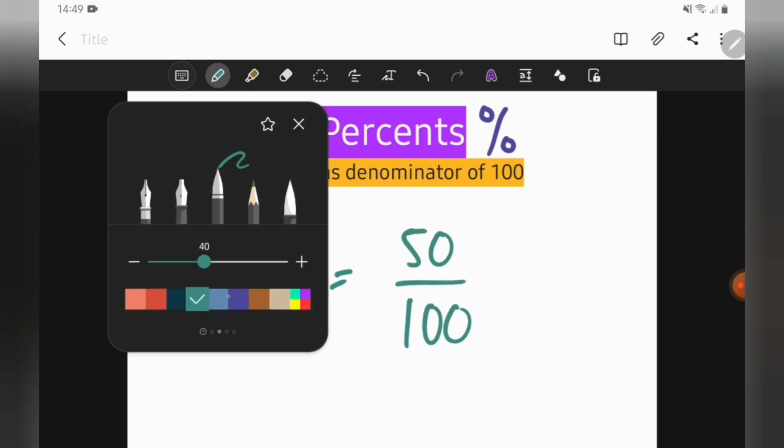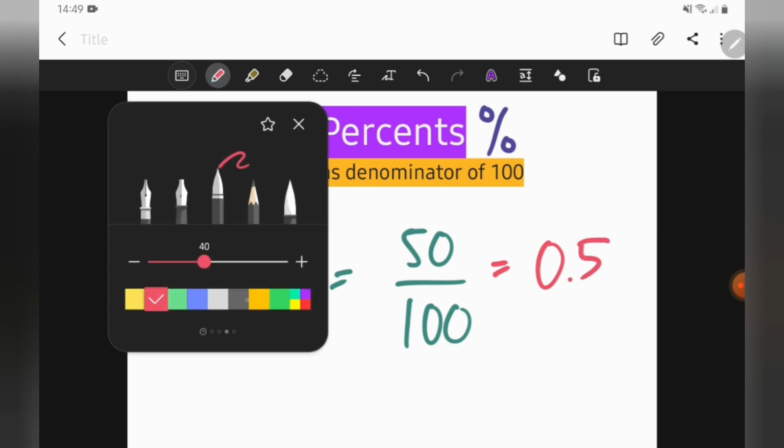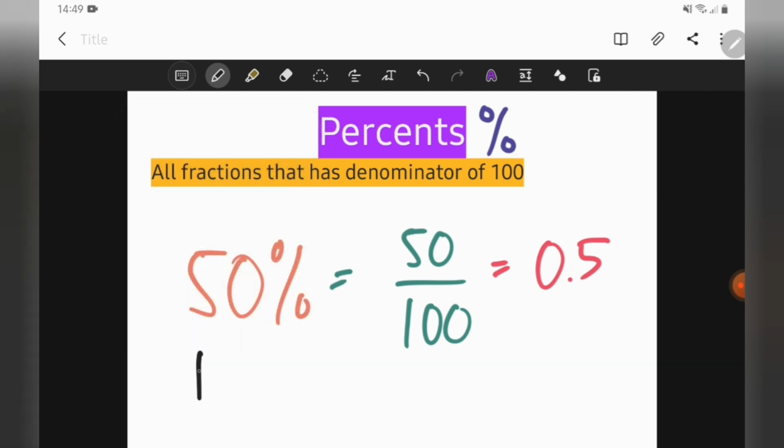And at the same time we have learned about decimal, so we can make that 50 over 100 into 0.5. And that's all that we have learned: percent, fraction